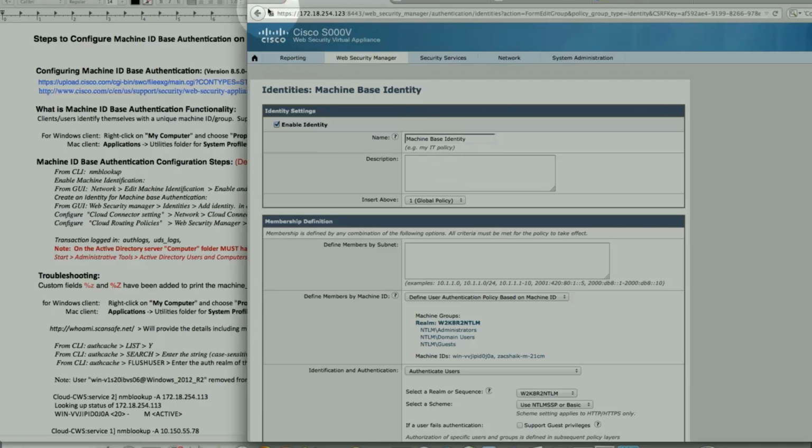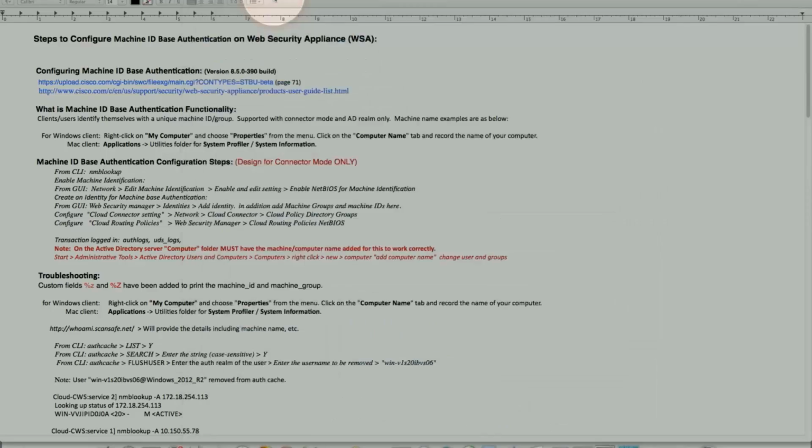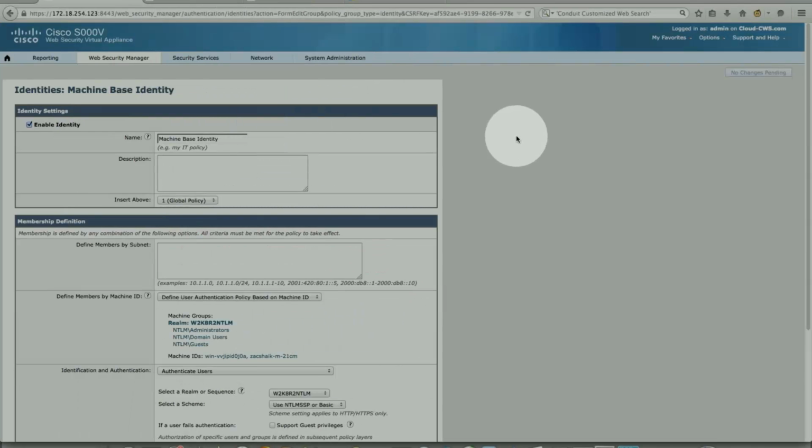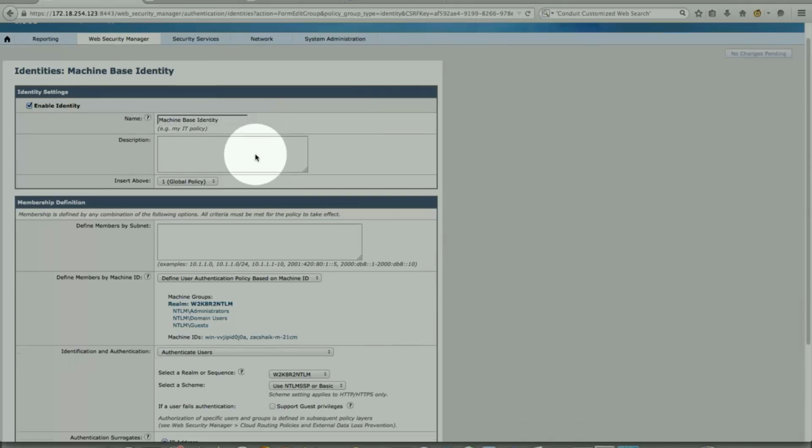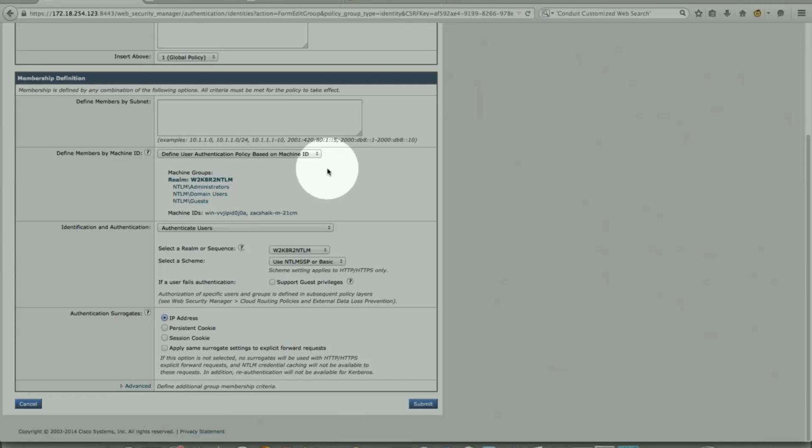We'll make it clear here. Okay. So in this case, all we have is standard machine-based identity. That's just a free text name. From the drop-down, I have defined user authentication policy based on machine ID. If you look at the drop-down, it is either yes or no. So in this case,